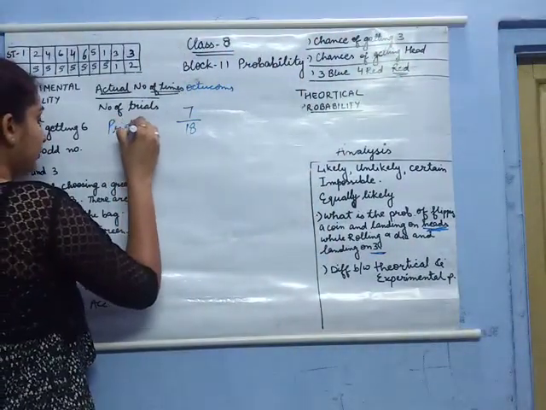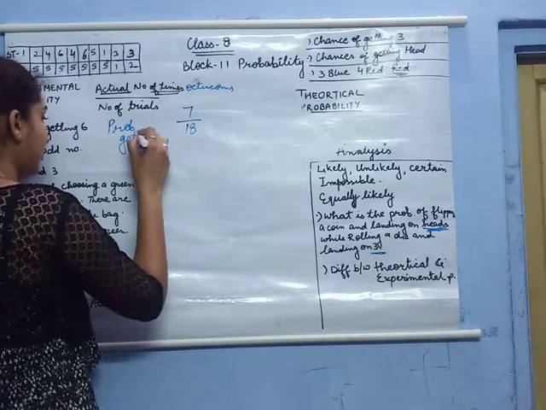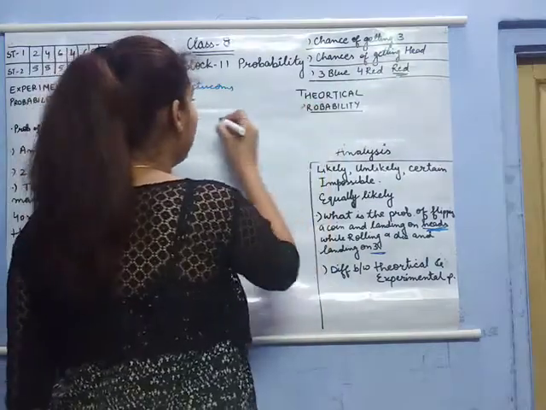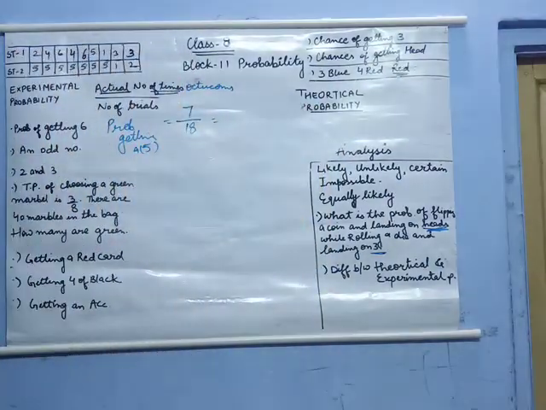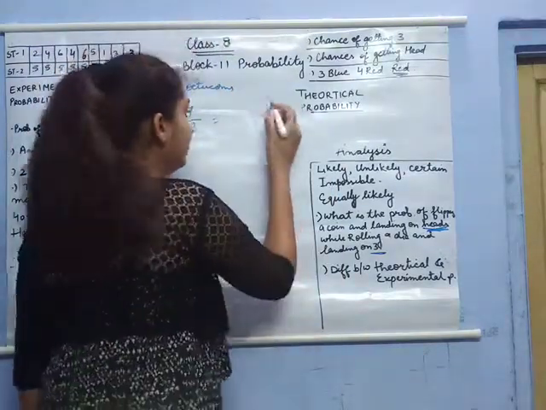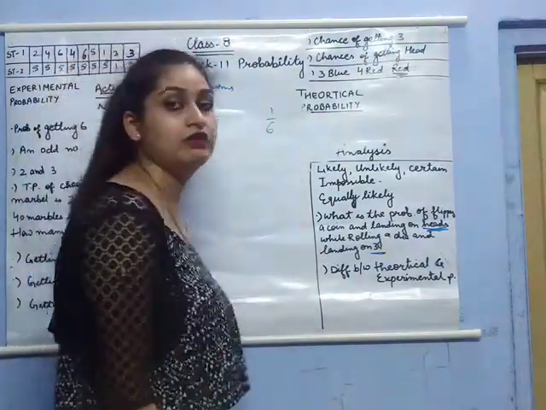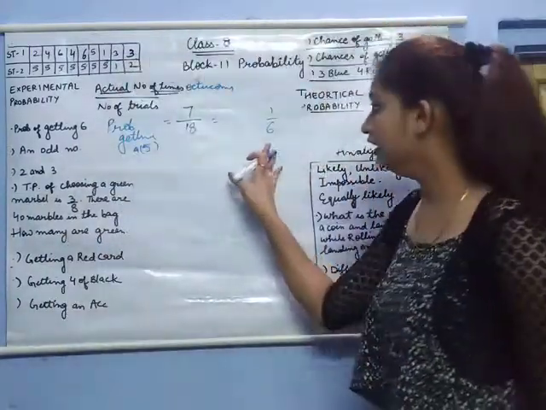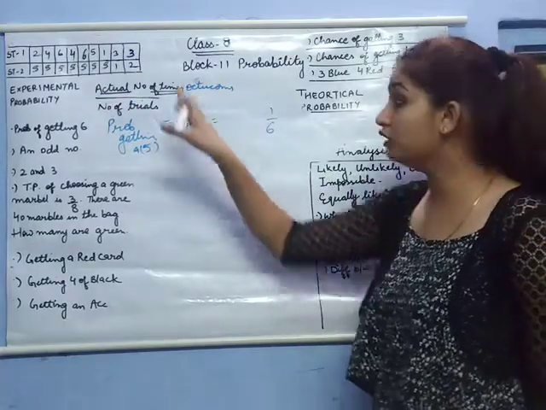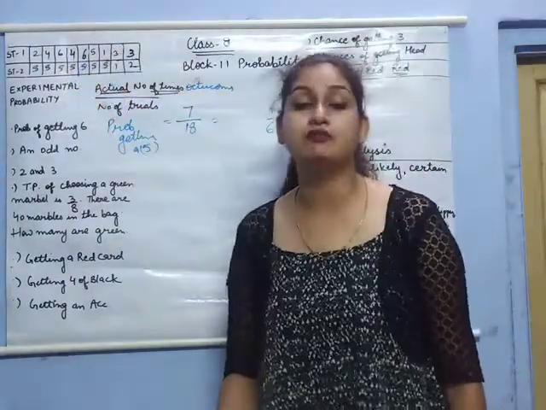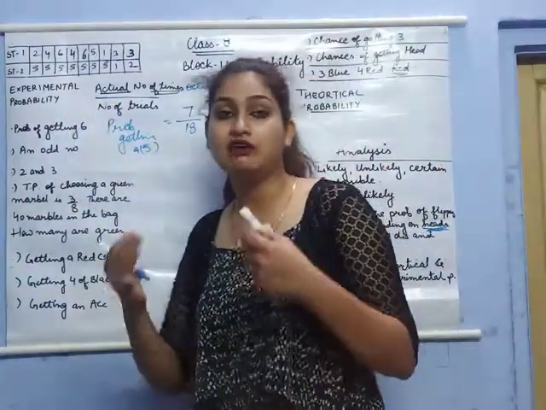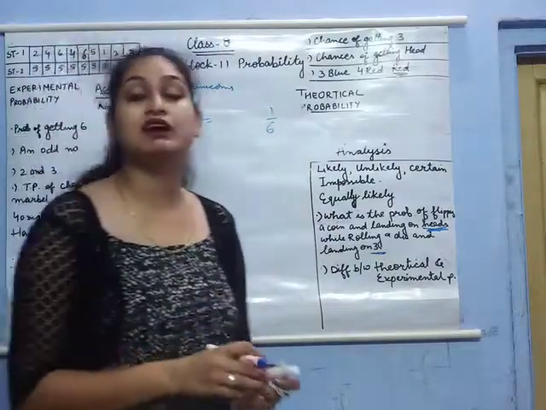Probability of getting a 5. See, if we talk about the theoretical probability, what will be the answer? What is the probability of getting a 5? It will be 1 out of 6 theoretically. If we're talking about the experimental probability over here, it is 7 out of 18, which is based on our actual experiment which we have performed by ourselves, right? Experimental probability is based on our own experience, our own experiments, right?